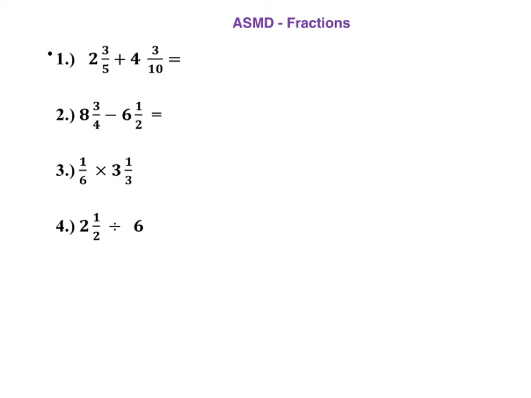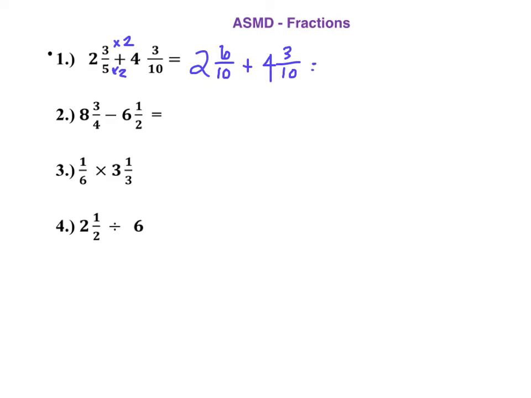So number 1, we are adding fractions. In order to add fractions, we must have a common denominator. So if I have 5 and 10, I can make that 5 become 10 by multiplying by 2, which means if I multiply the denominator by 2, I have to multiply the numerator by 2. So this first fraction becomes 2 6/10 plus, I don't have to change the second fraction since its denominator is